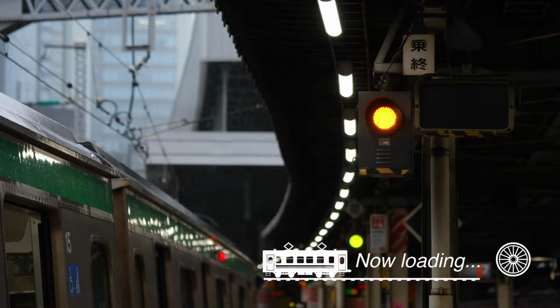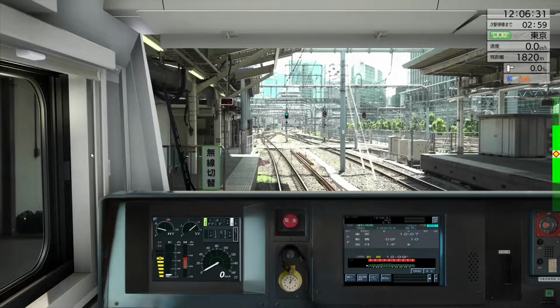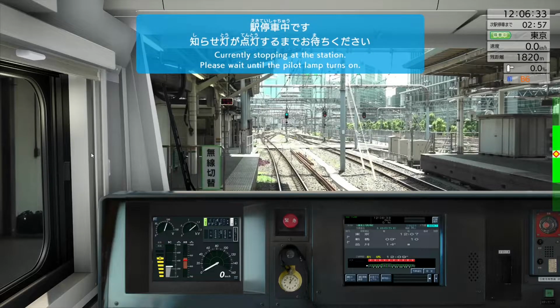And graphics wise it's nice. I mean, it looks like a realistic photo, right? So it's going to be nice. Currently stopping at the station. Please wait until the pilot lamp turns off. As we can see there's the HUD on the top right corner with the current time, STA stopping at what station we are at the moment, the speed, the remaining distance to the next stop, and wait, hang on a second,